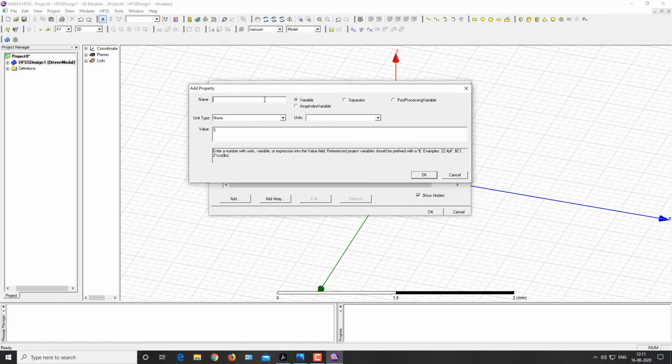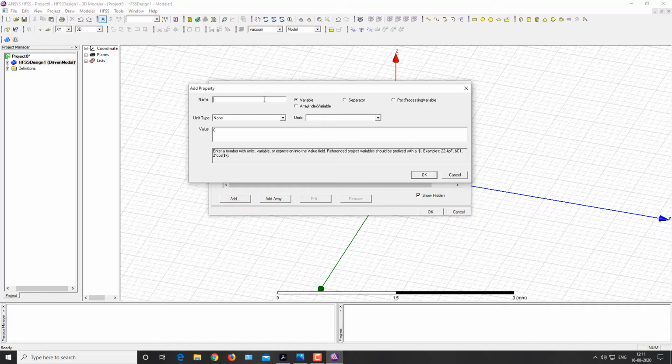I am designing my dipole antenna at the resonant frequency of 29.9792 gigahertz. Please note, I am designing my dipole antenna at 29.9792 frequency, which is the resonant frequency for the dipole antenna which I am going to design. So I am defining all my parameters. First of all, define lambda.